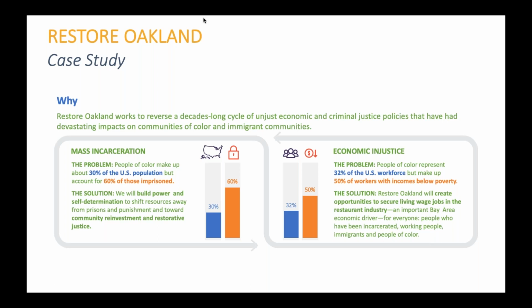Particularly in the Bay Area, the restaurant industry is the fastest growing industry. Workers in the restaurant industry, particularly those in the front of the house who are in serving positions, can make upwards of six figures in their job. And so when we think about communities that are impacted by displacement and gentrification, having access to a good quality job can be the difference between being able to stay in your home in East Oakland or having to move further inland into the valley.